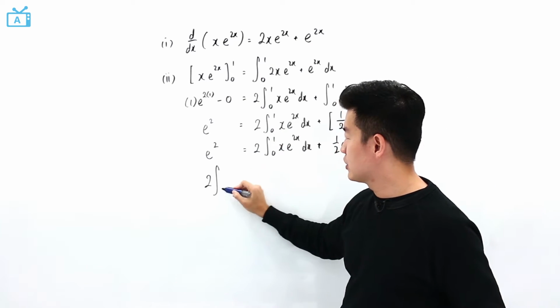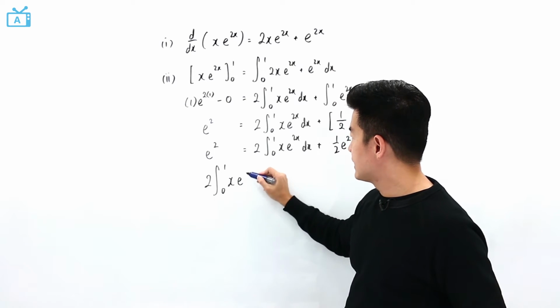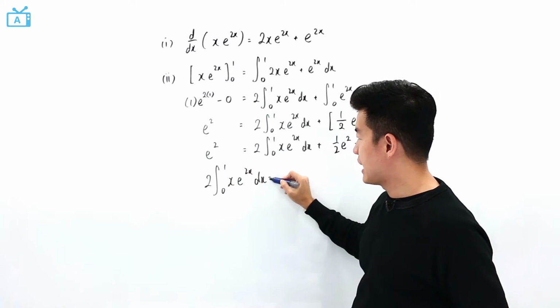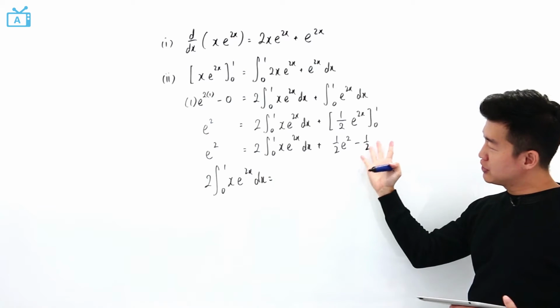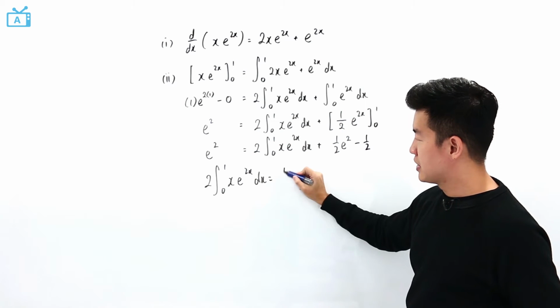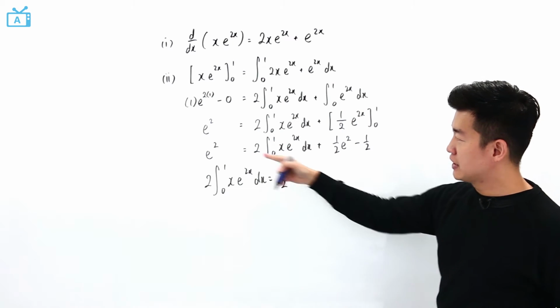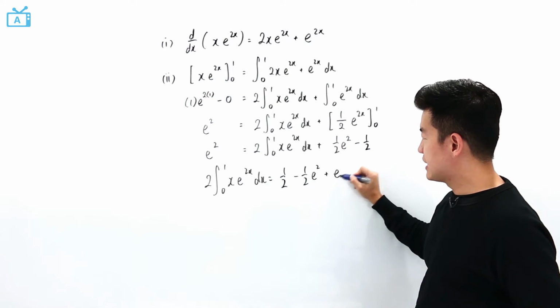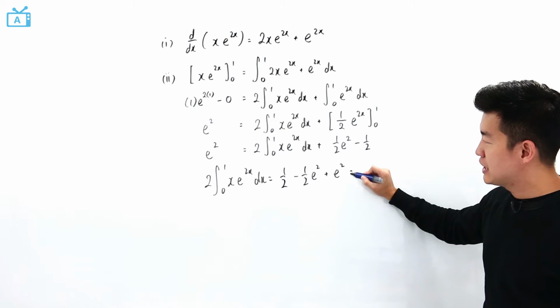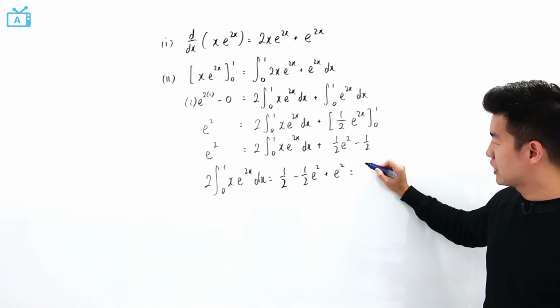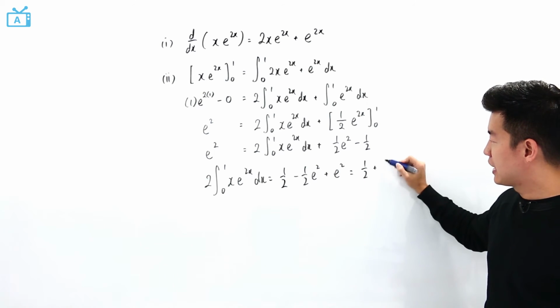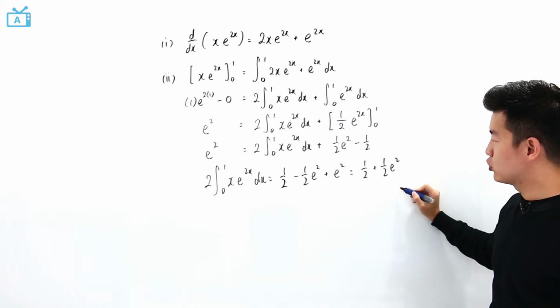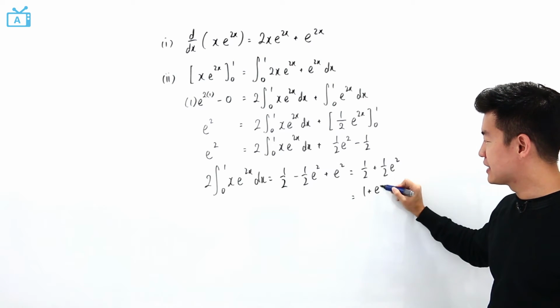That means 2 integration from 0 to 1 x e to the power of 2x dx is going to be equal to, I'm going to shift this over to the left hand side. It will be half. Then shifting this over to the left hand side, minus half e to the power of 2 plus e to the power of 2, which is, if I were to combine this together, half plus half e to the power of 2,